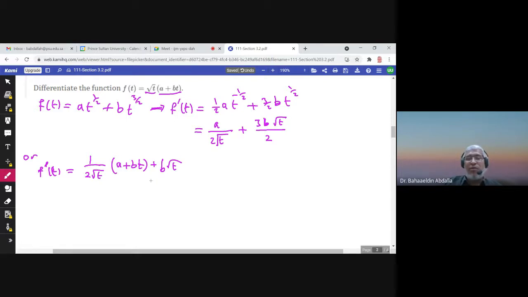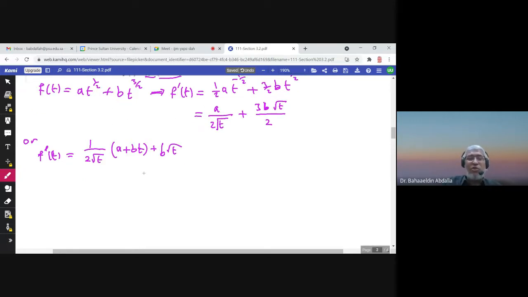And you can prove easily that this f prime is equal to this f prime. Let me show you that they are the same. Expand. A times 1 over 2 square root of t is this one, plus bt times this, plus b square root of t. So this is exactly this one. And when you add these two,